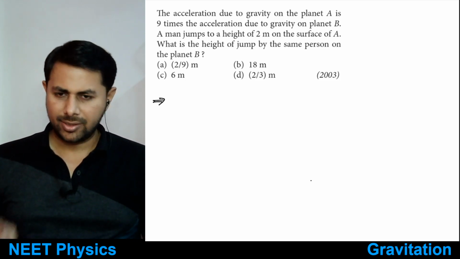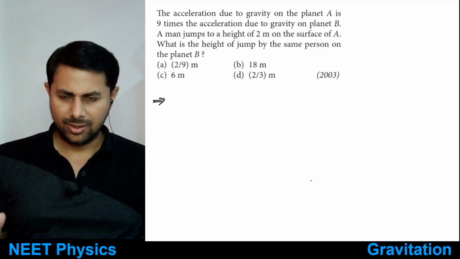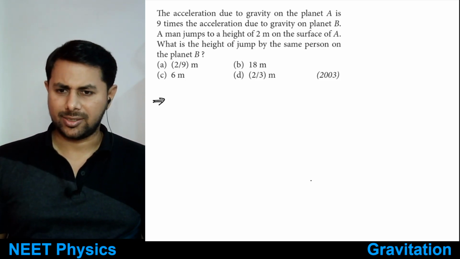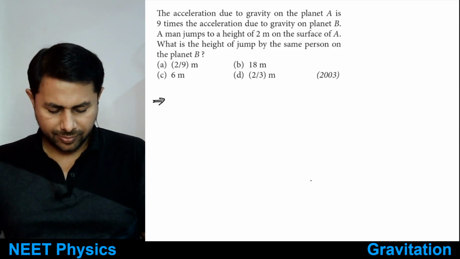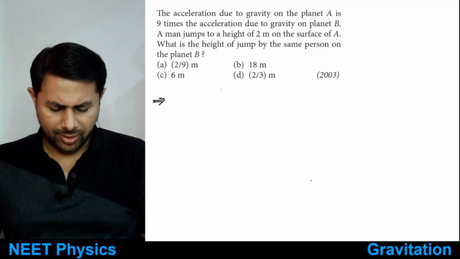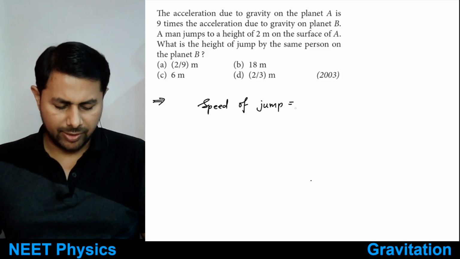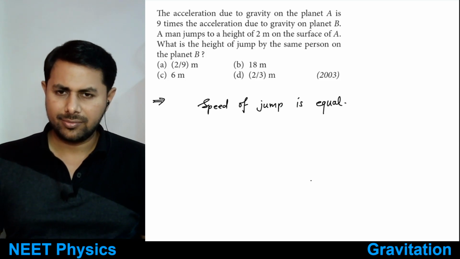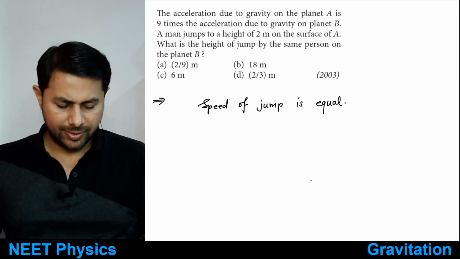Okay, so here suppose a man jumps with a certain velocity. We need to assume that the velocity, or let's say the speed of jump, must be equal in both cases. Then it becomes very simple. Speed of jump is equal, which means kinetic energy is equal,